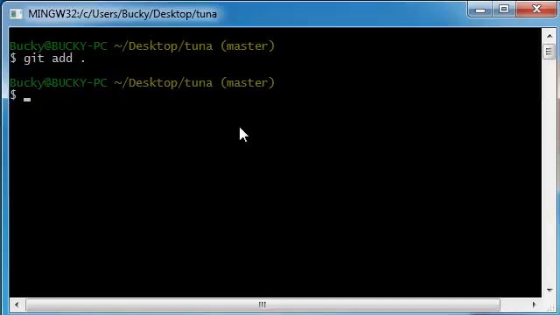Now, whenever you make a commit to Git, what you're telling Git is save this point in time. So whenever we make a commit, it's like taking a snapshot of that point in time. And anytime later you mess up, you can come back to that point in time, kind of like redoing it. So let me go ahead and show you guys how to make a commit right now. Git commit